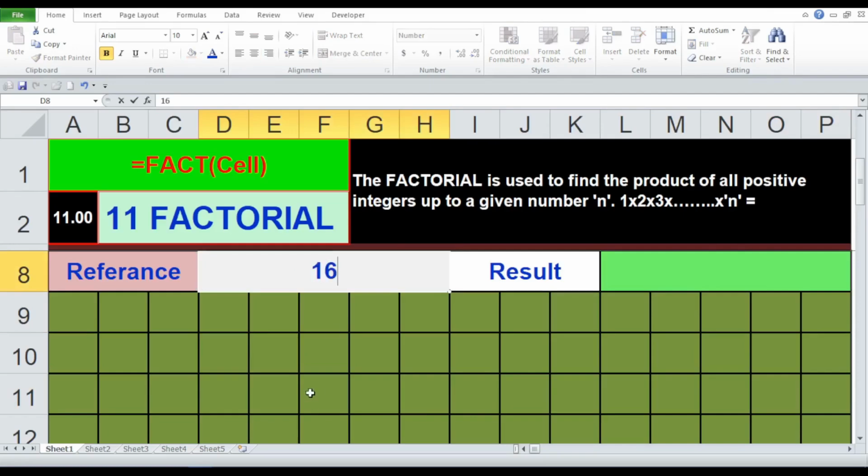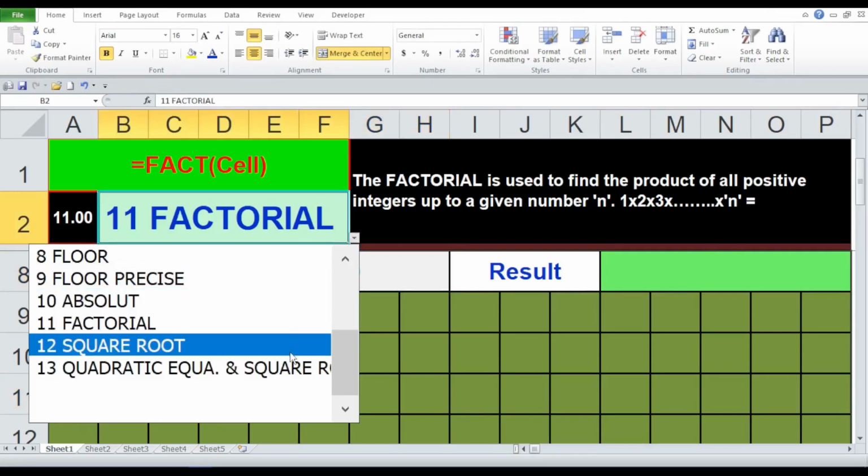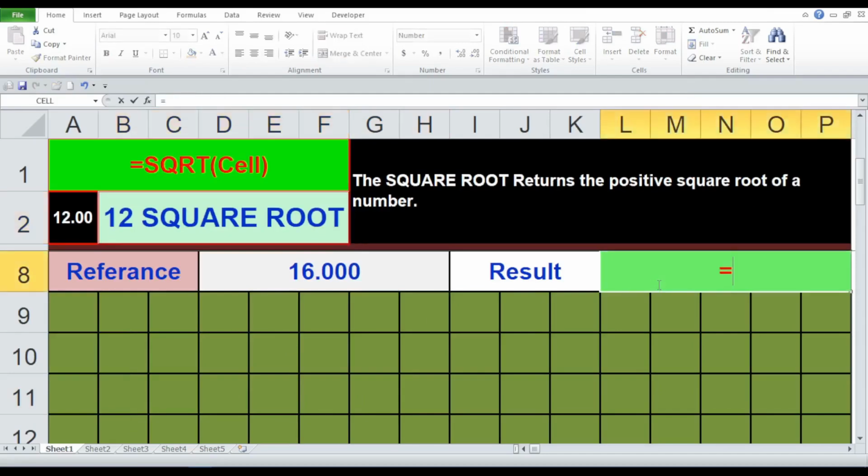Excel function SQRT. Now, let's explore the SQRT function, which stands for square root. This function calculates the square root of a non-negative number. The syntax for the SQRT function is equals SQRT, within first bracket, number, or cell reference. For example, if cell D8 contains the number 16, the formula equals SQRT, within first bracket, cell D8,